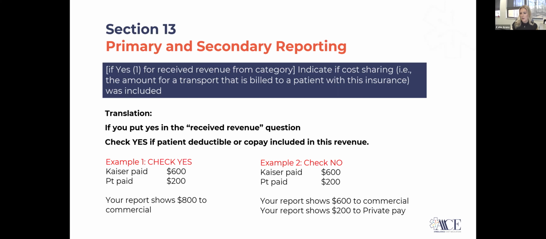We really would like that carved out because the collections percentage is definitely different. We don't typically always collect cost sharing or copays, deductibles, coinsurance from the patient. So if you can carve that out, try to, but if you can't, it's okay. And it's going to guide you through making sure you're informing the party that's included in that total.